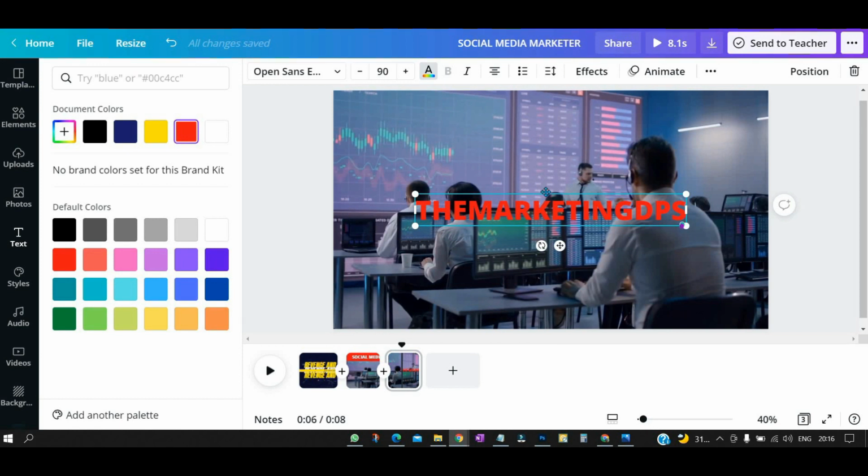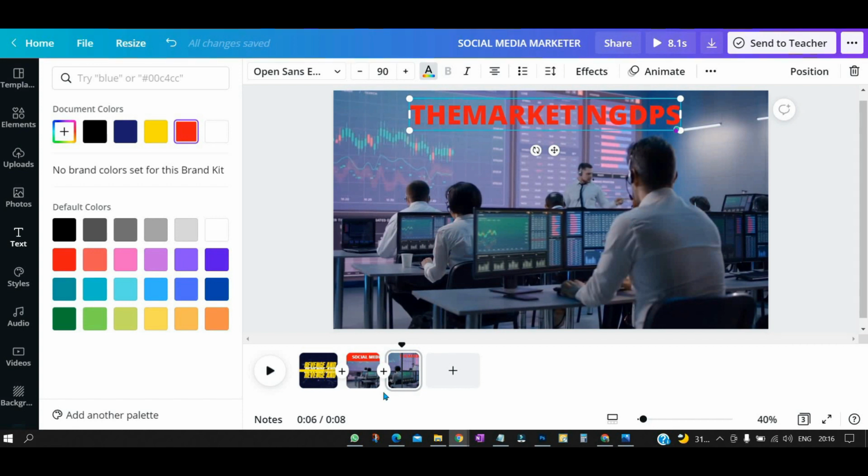Okay, so in the same video clip we are using two different texts. In this way you can easily split your pages and clips. Okay, so it is a very important one if you are thinking of adding different text to the same clip, in this way you can easily split your clip and easily add the text.